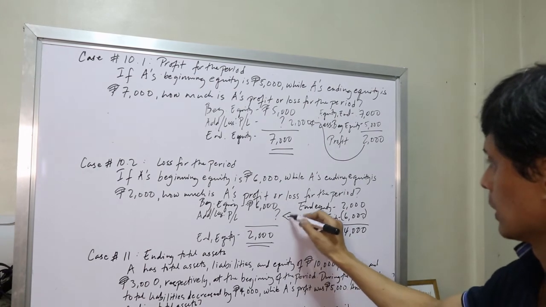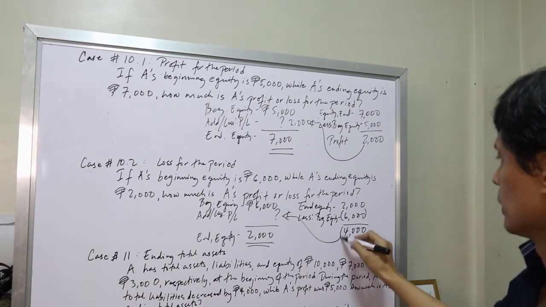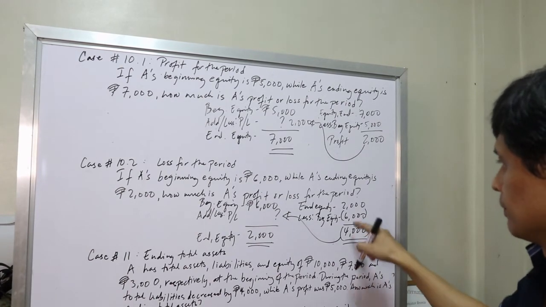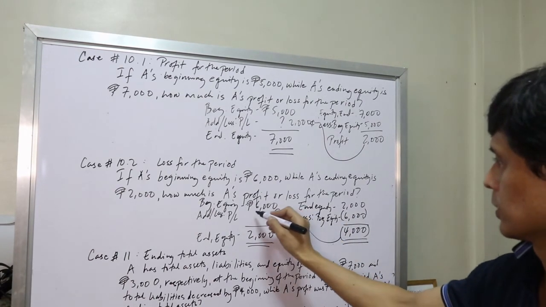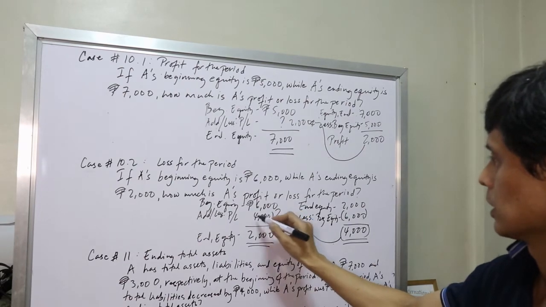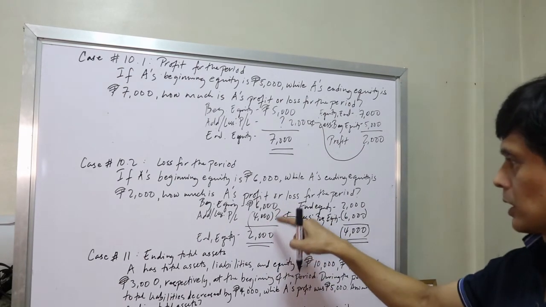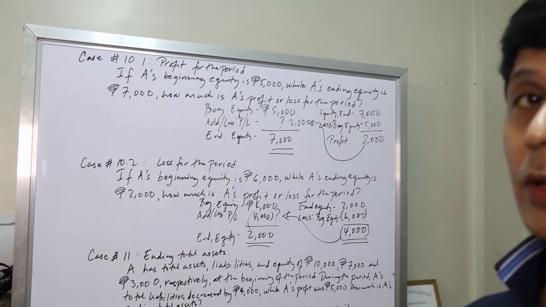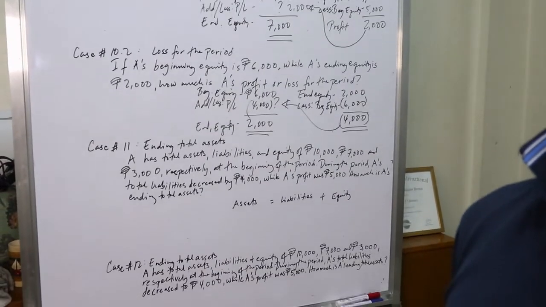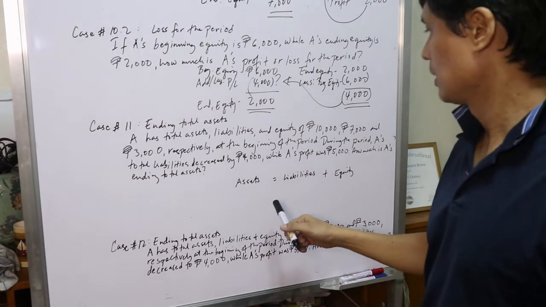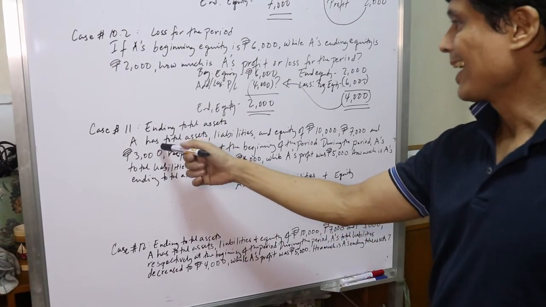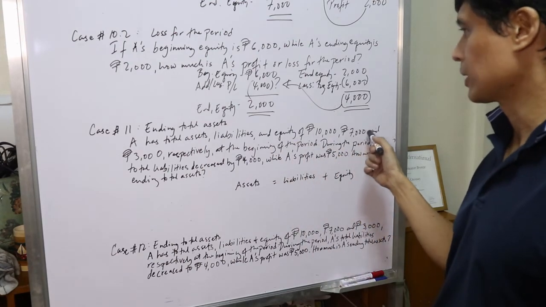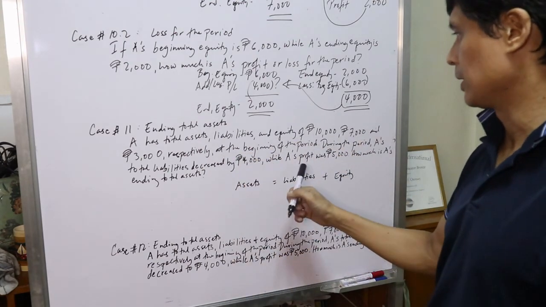Yan, so lalagay natin dito. So, this one is negative 4,000. Kasi mas malaki yung beginning equity. So, this one is 4,000. To signify this. So, 6,000 minus 4,000 will give you 2,000. And yung sa case number 11, so ganyan natin ng konti. Yan. Para makita. A has total assets, liabilities, and equity of 10,000, 7,000, and 3,000 respectively at the